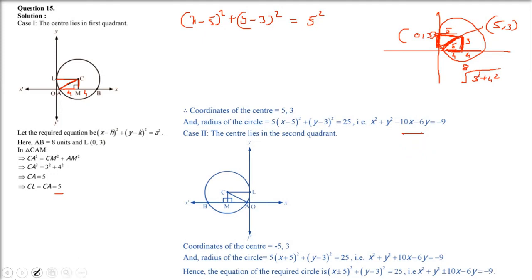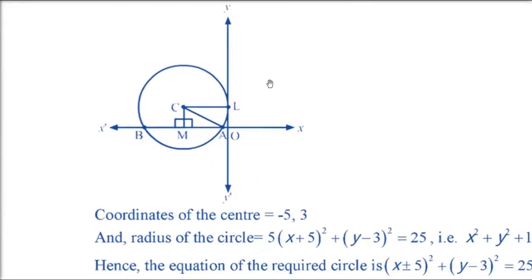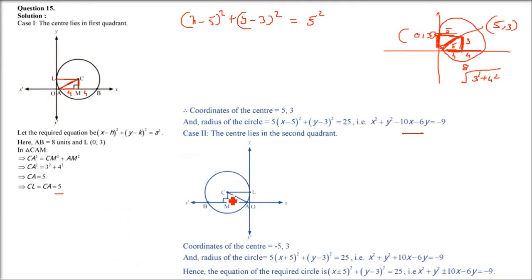And the second part of this, I am doing it just on the left hand side, because we have to answer both the possibilities. The only change will be, everything else remains the same. The y-coordinate will always remain 3. The x point will change. Because it is on the negative side of the x-axis, it will be not 5 but minus 5. So the x coordinate will be minus 5, y will remain as 3. The center will become (minus 5, 3). This is the only difference between the first and second scenarios.